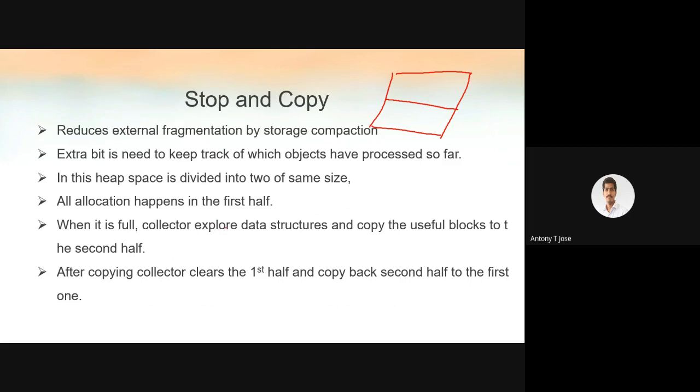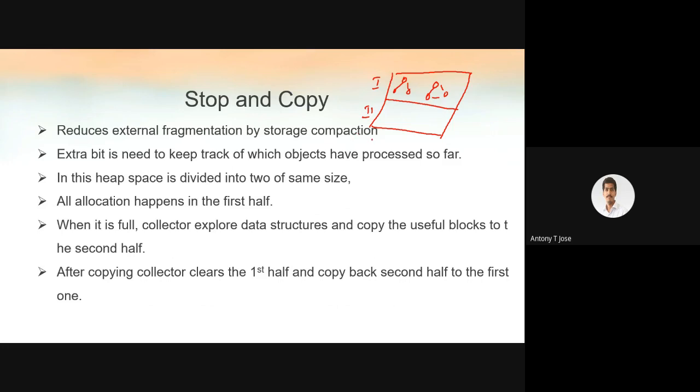Heap memory will be divided into two halves. There is a first half and a second half. All the allocation will be happening in the first half. If I am allocating a tree, the tree will be allocated here, the graph will be allocated here. All the memory allocation of the recursive types will be happening in here,